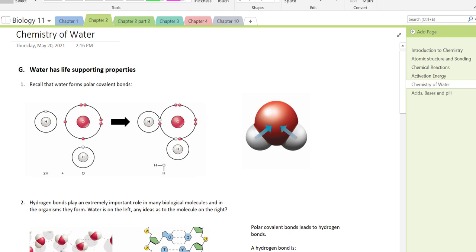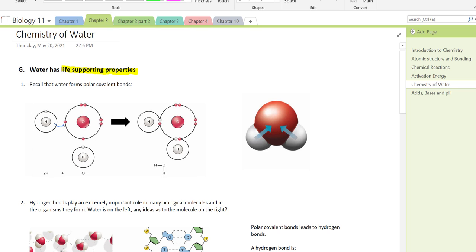So we're going to look at the chemistry of water, and I think we can all appreciate the fact that water is a life-supporting molecule, right? So that's what we've got here. Water has life-supporting properties. So we'll get to what those life-supporting properties are in a second, but in order to understand how water does these things, we need to look at water as this molecule, which we've learned about, and we've learned about how the fact that water makes these